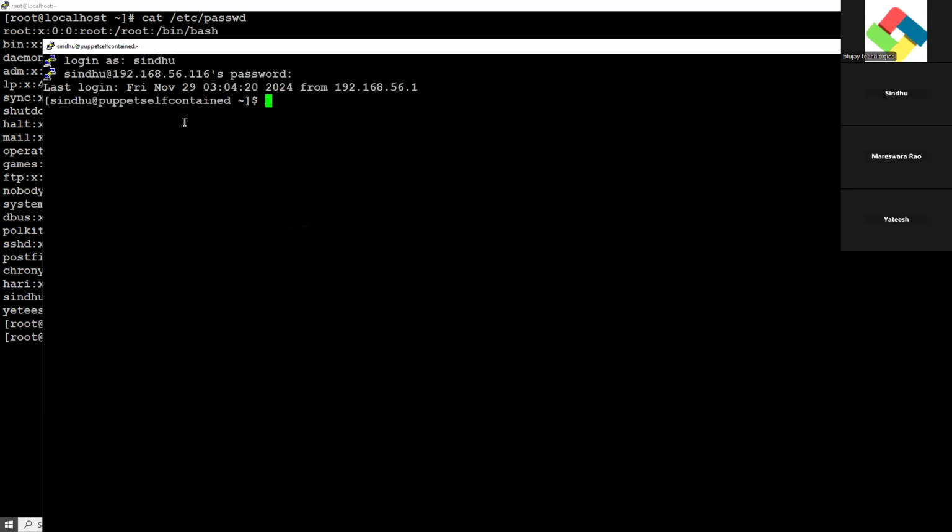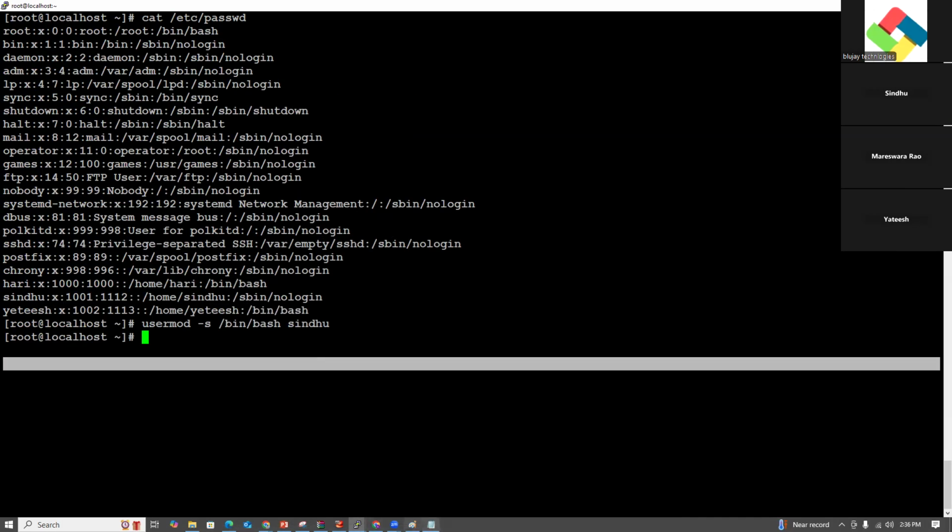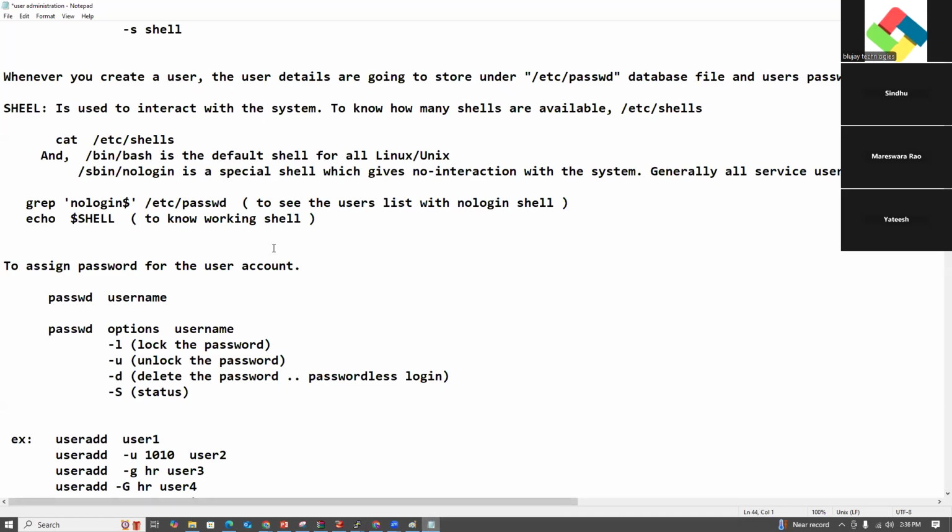Red Hat. Is Sindhu able to access or not? Yes, sir. Now you understood the difference between nologin and /bin/bash. Now you understood? Yes, sir.